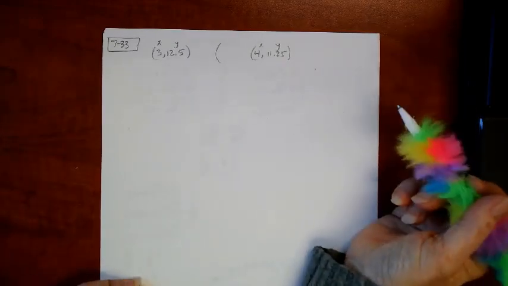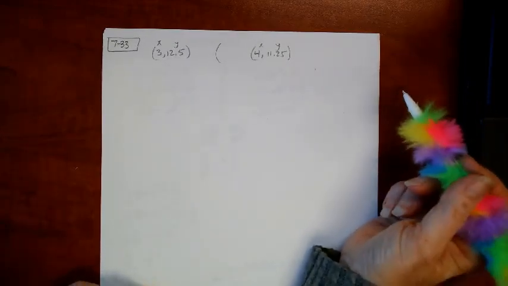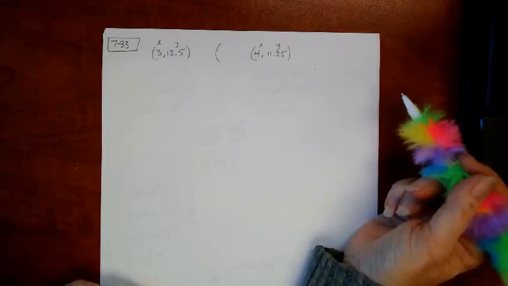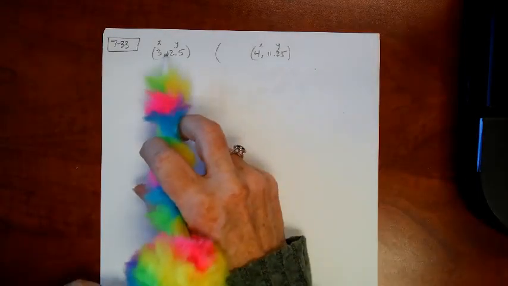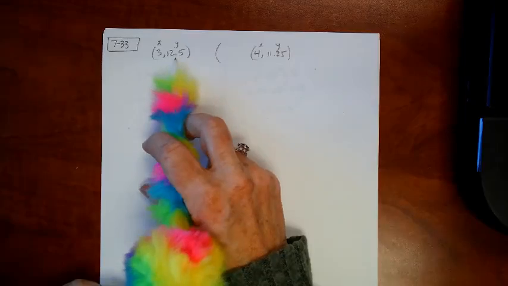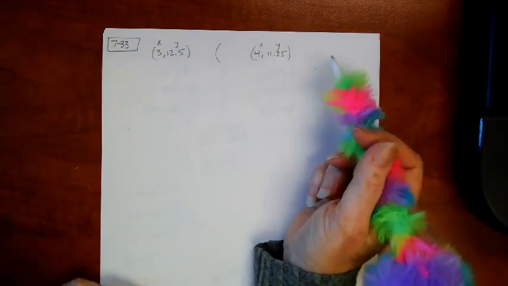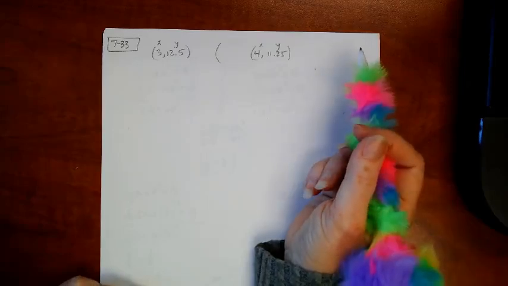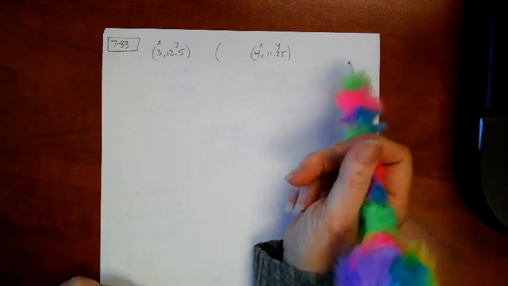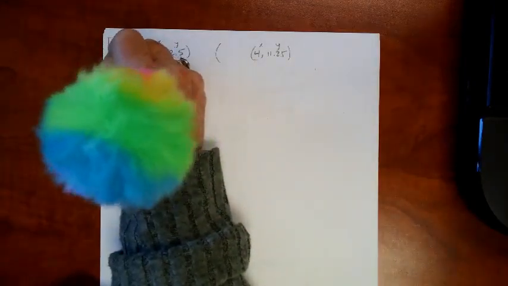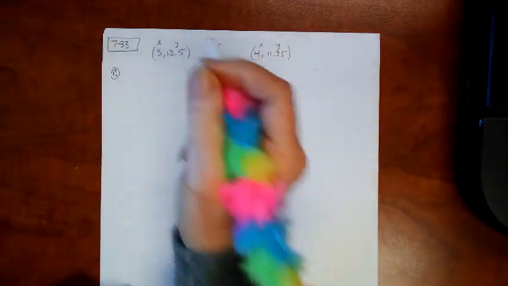Here's Integrated 3. It's problem 7-33 that we were doing in class. Letter A says, assume the graph of an exponential function passes through the points (3, 12.5) and (4, 11.25). Is the exponential function increasing or decreasing? Justify your answer. So I think we were getting a little carried away trying to get the equation a little